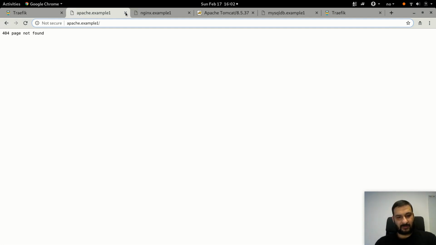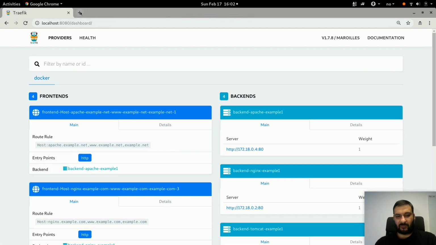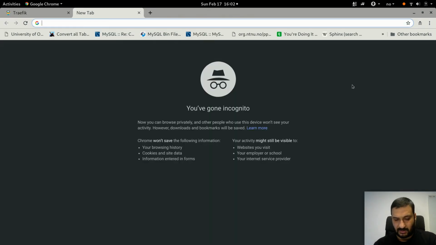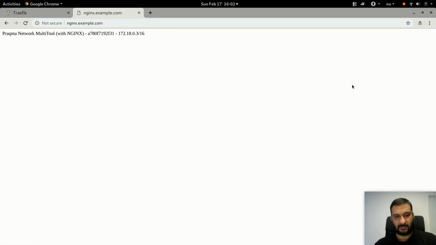So I'm going to close these tabs, and I'm going to open new tabs one by one. I'm going to check nginx.example.com, and this time I'm getting a response from my Nginx container, which is actually the multitool. I hope it's still the same, or is it coming from cache? But let's check